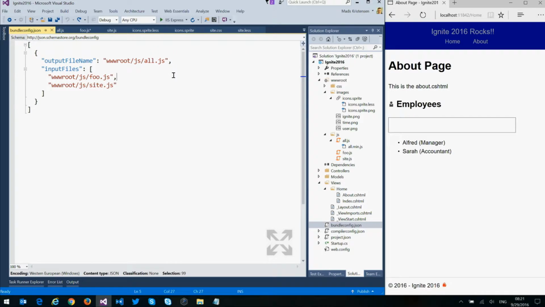So, bundling is easy, compiling is easy, and for the compiler we even did some pretty advanced things, right? We did the auto prefixing, we did the comb, where we were organizing our properties in a certain order. So that's pretty advanced, but obviously there are things out there that you potentially want to use that this does